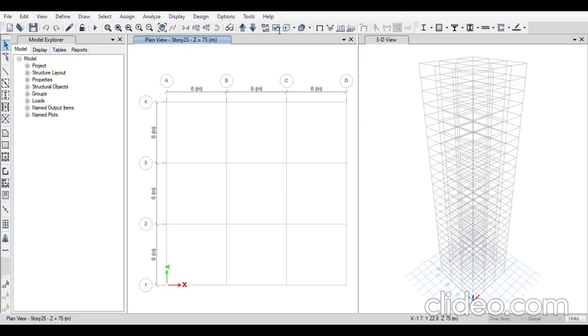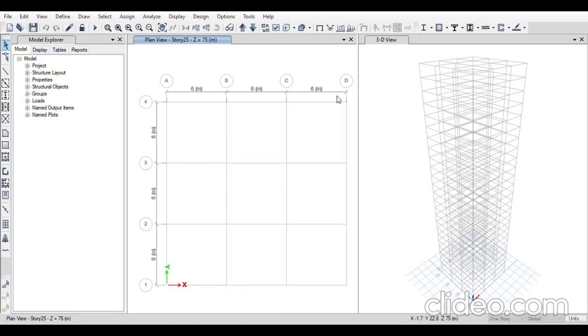I'll give a name to beams auto, so that I could identify it easily. I'll take concrete, because my beams and columns are for concrete. I'll select all the three beams which I have defined. I'll take add and I'll click OK. This will give all the three beams in this.